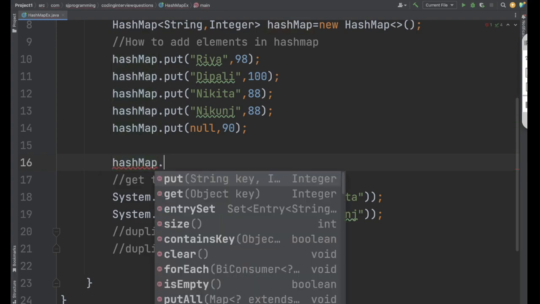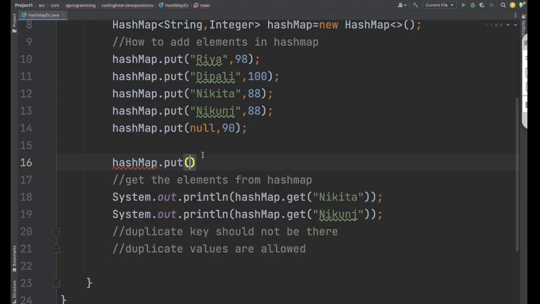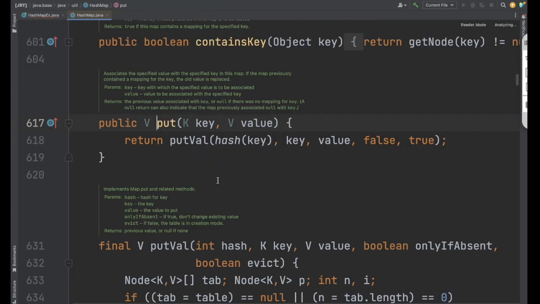Yes, you can do. Okay, but see here. If you go to the put method of the hash map, it is only allowing to add key and value. So at a time only one pair you can add. You cannot add multiple pairs for the hash map, because this is the implementation provided by Java people, and they